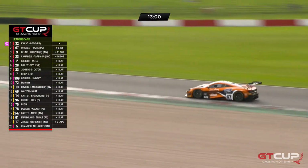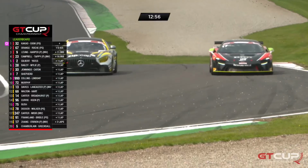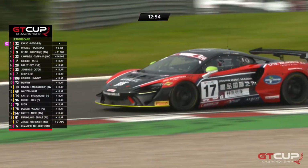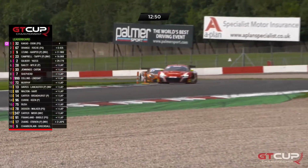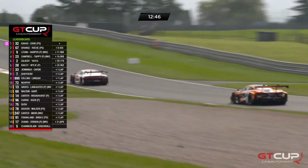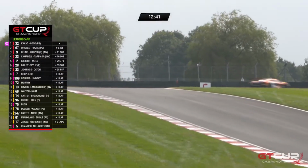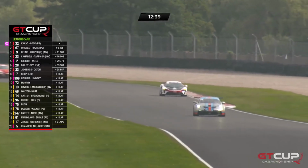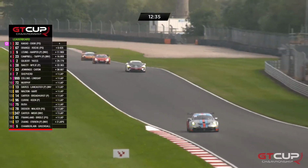But regardless, you can race in your own group or you can race with other groups, but at the front of the field, the gap is still less than a second. It was only just over 4 tenths at the line. There is the number 17 McLaren staying out of the way as one of the quicker Group GTH Mercedes came through. The leaders, though, as Piers quite rightly says, are still circulating within only 4 tenths of each other. I don't think this gap has ever been more than about 6 tenths or so since the start of the race. They're coming up now against those two cars that we were just mentioning, and this could provide a bit of a challenge